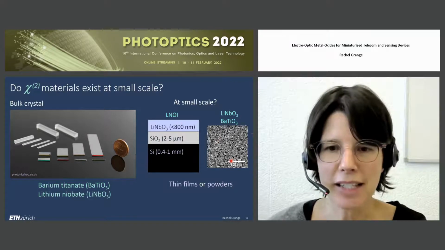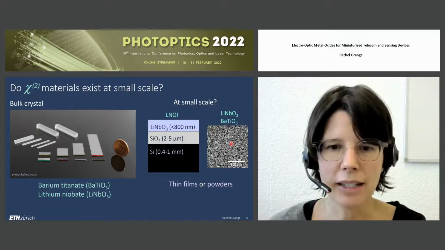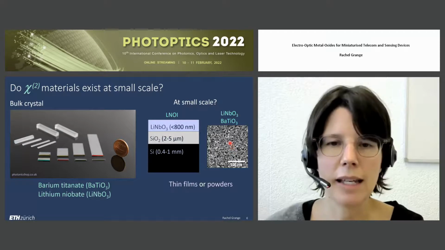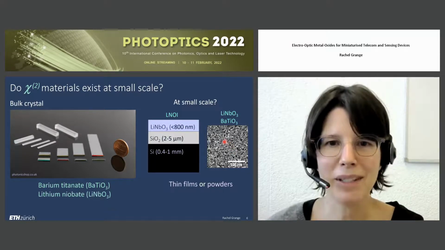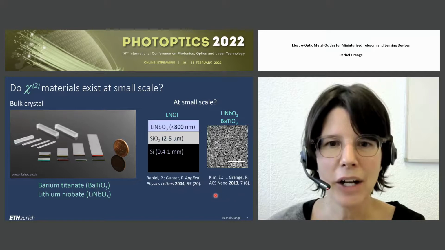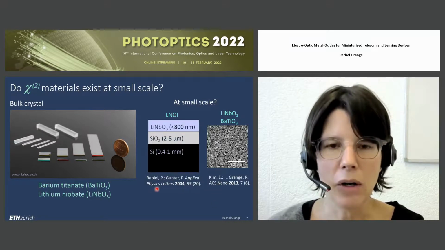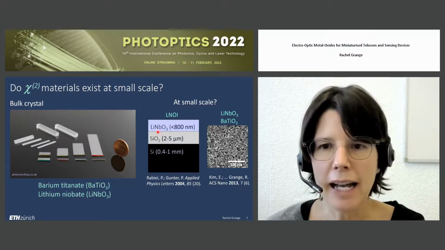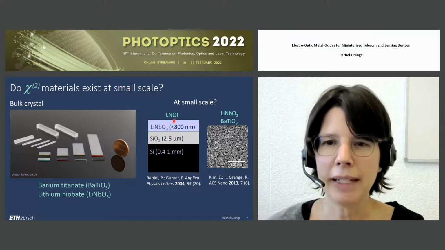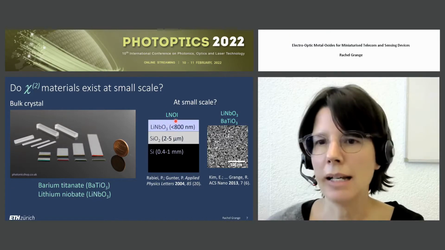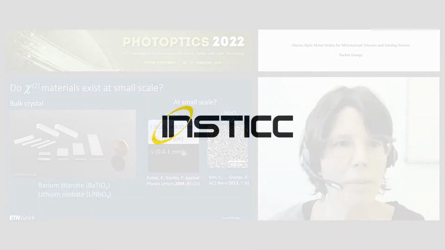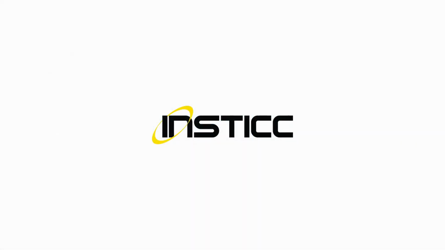But for photonics, this is much less well known, and there have been quite some studies since the beginning of 2000 to make lithium niobate thin films, let's say the equivalent of SOI, but lithium niobate on insulator, with a 2 to 5 micron oxide layer and at the bottom also a silicon wafer, and also lithium niobate and barium titanate synthesis, as well as assemblies of those particles to make photonic devices. And why make photonic devices and miniaturize them with those